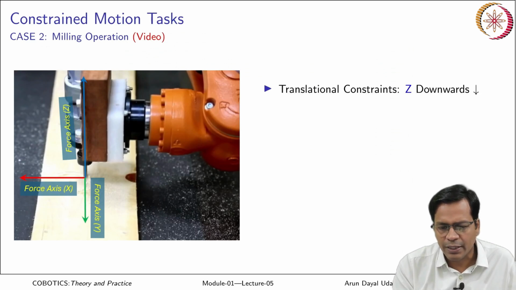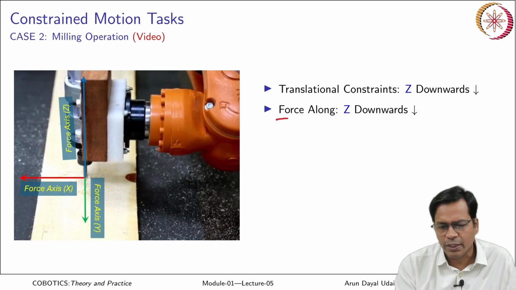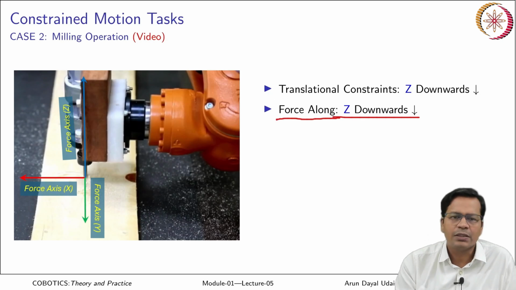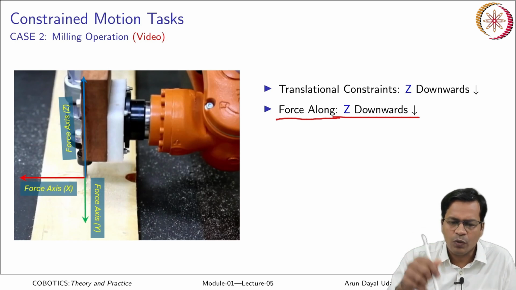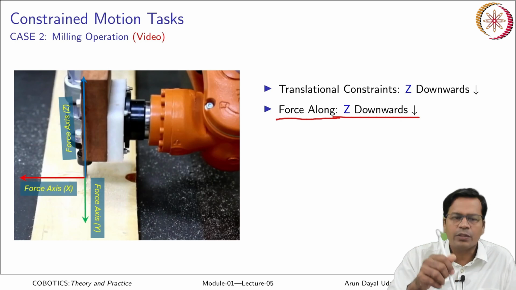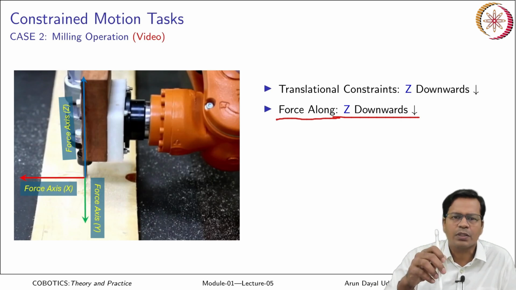So, there is a translational constraint along z direction, just similar to the board writing process that we discussed in the last slide. Okay. So, you need to generate a constant force along the z downward direction, so as to maintain a constant contact. Okay. Once that is established, there is an external loop that allows the further going down to be stopped. Okay. So, once you establish a contact and go a certain distance downward, you need not go further down. So, you stop further going down.